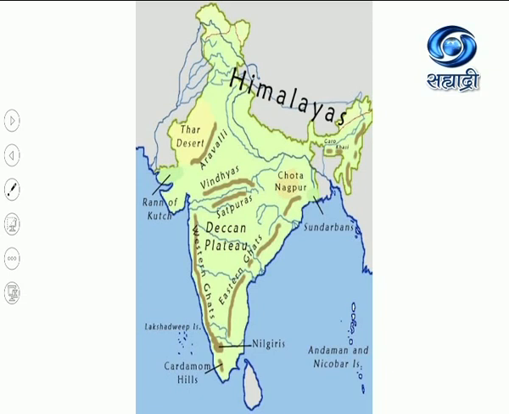While blowing from the northeast towards the Indian Ocean, these winds bring rainfall. Now, as these winds are obstructed by the Shivalik, they move down like this. And when they cross the Indian Ocean, they are again full of water vapor, and they bring rainfall again to some parts of peninsular India.